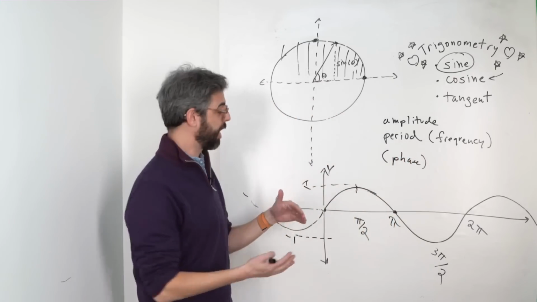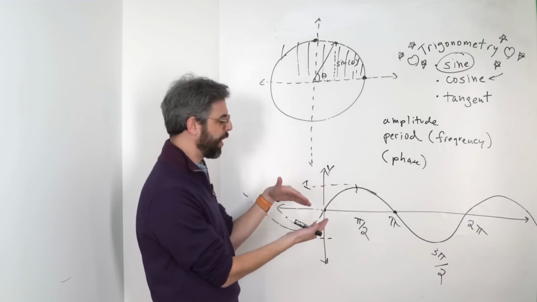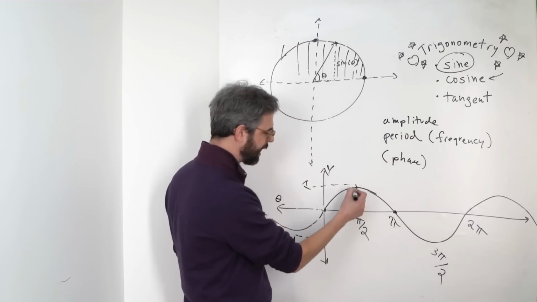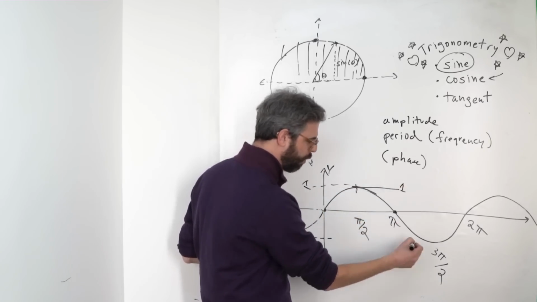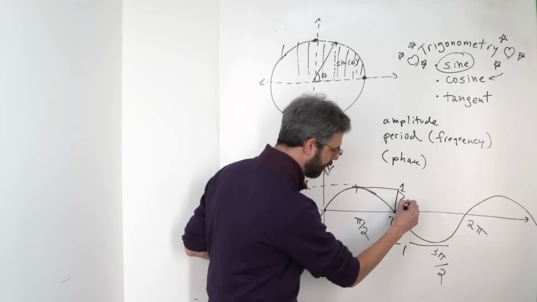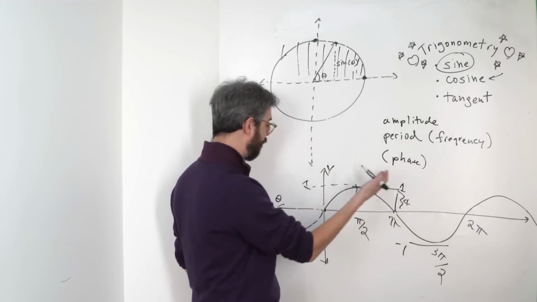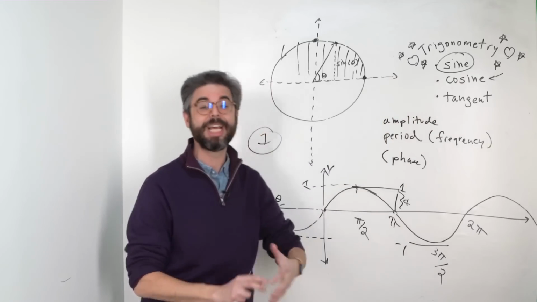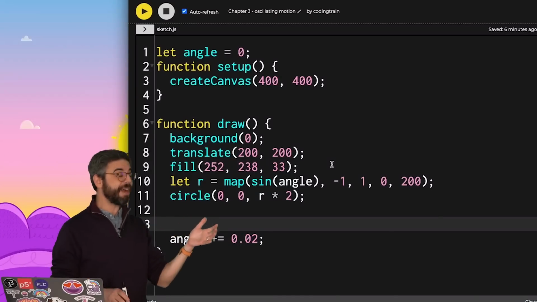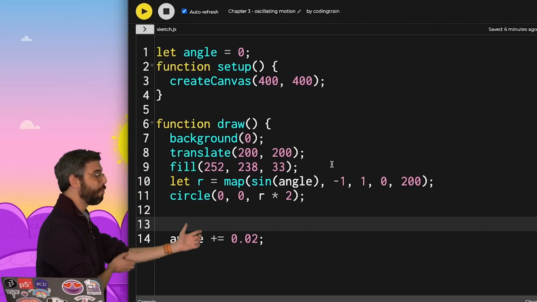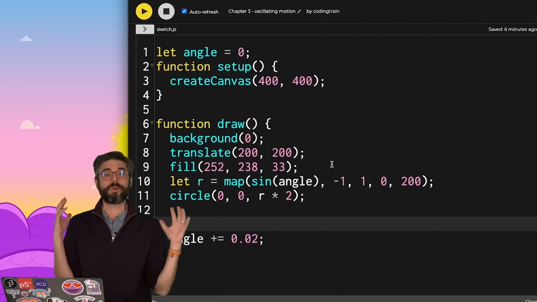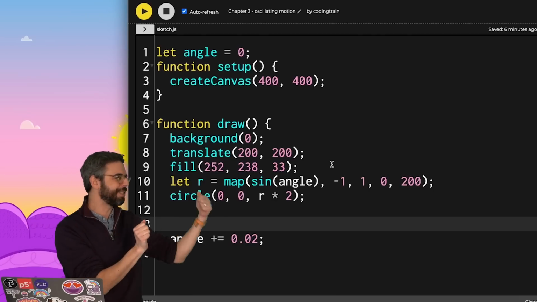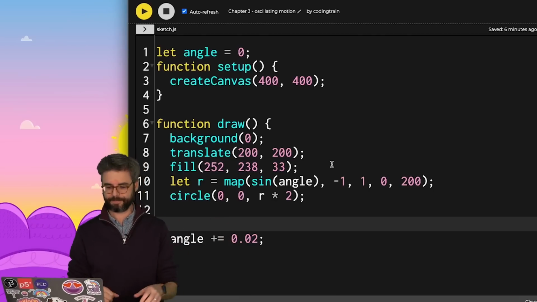Amplitude is defined as the height of a graph, or the distance between either the vertical maximum or the vertical minimum to the center. So in this case, they're the same. So I could say the amplitude, right? This value is 1. This value is -1. So the amplitude is the distance between the 0 and 1, which is just 1. So this is very simple, where the graph of the sine function and also the cosine function, the amplitude is 1. We can see here in P5 that I'm making an adjustment to the amplitude, right? I don't want to use numbers between -1 and 1. It doesn't make sense for what I want to visualize. Instead, I'm using the map function. And here, the amplitude is actually 100, technically, even though I'm going between 0 and 200, but 100 being in this center there. So that's amplitude.